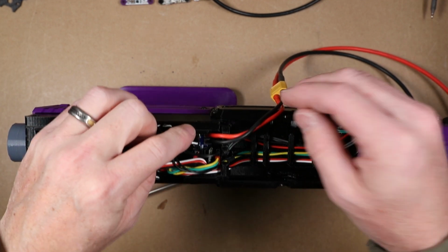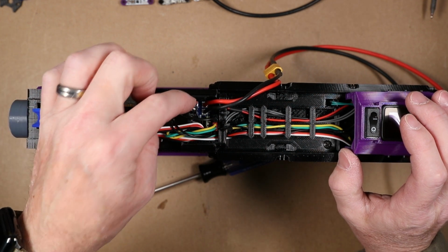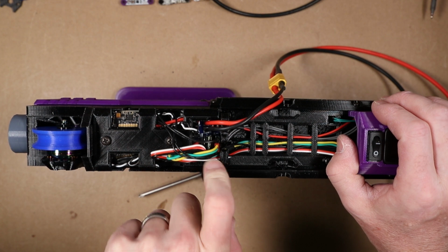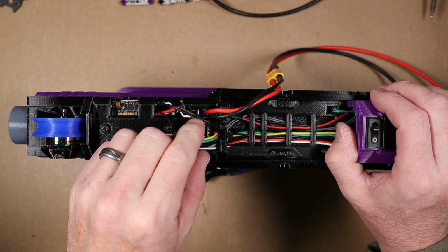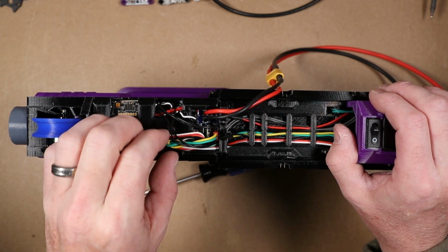What I had done was I had probed the ESC power and ground wires on both sides of the board, and I still had power. So I started probing around, and I pulled these wires off, okay? So we have